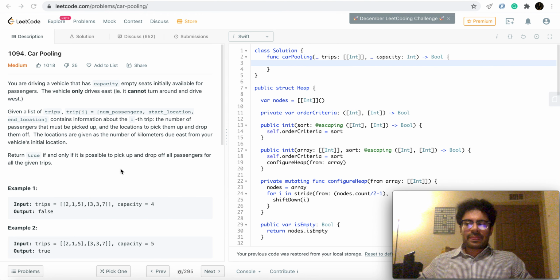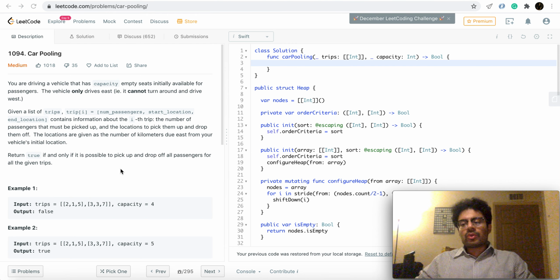Why we are sorting that by end time might not be obvious immediately, but I'll get to that. You will understand that. For now, just remember that the array will have trips sorted by start time, and the min heap will have nodes or trips that have been sorted by end times. Now let's go back to the for loop.